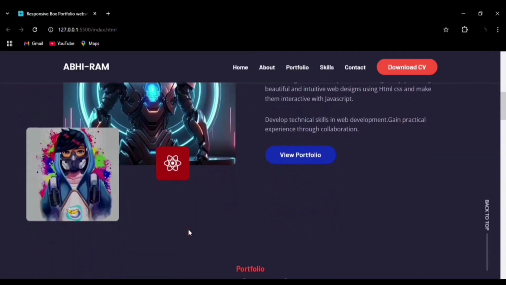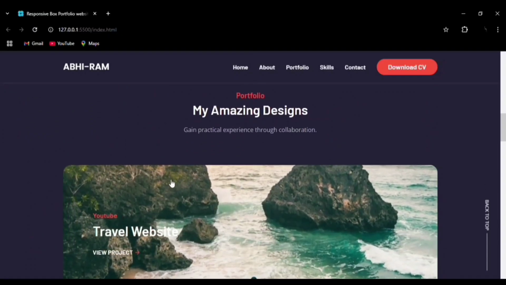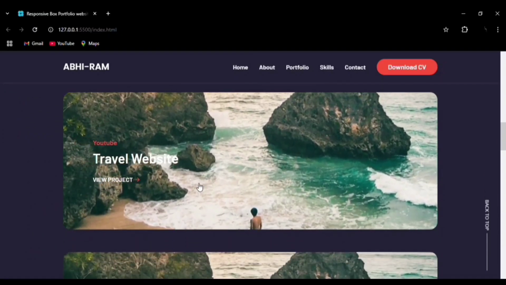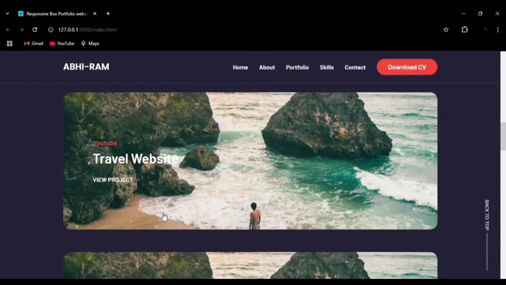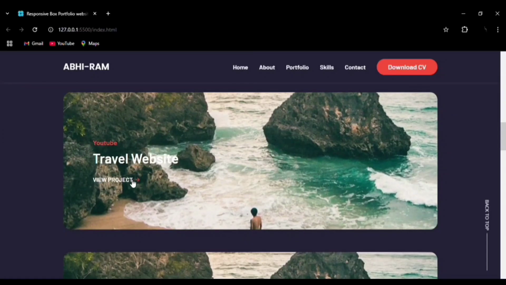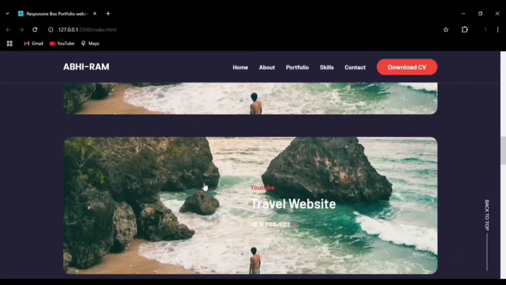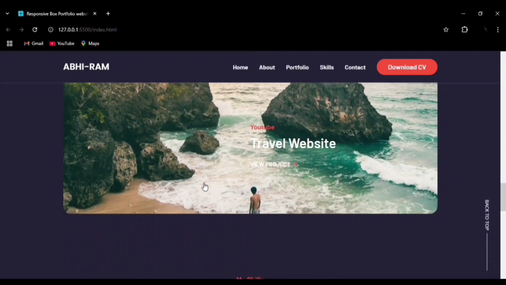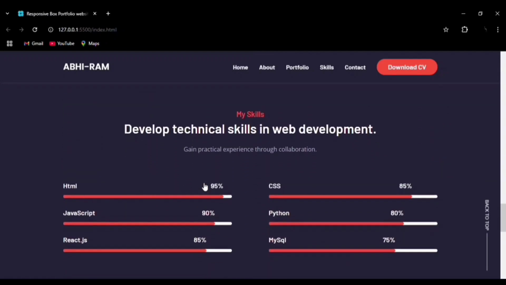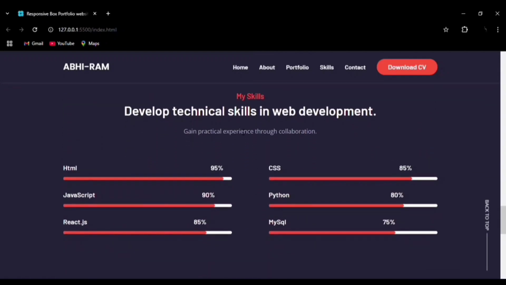Then we have the portfolio section, and you can see the hover effect on it. Zoom in, and you can see the view project button, and you can implement as many projects as you want. Then we have the my skills section, and by using the bar, this is done by using CSS and HTML,